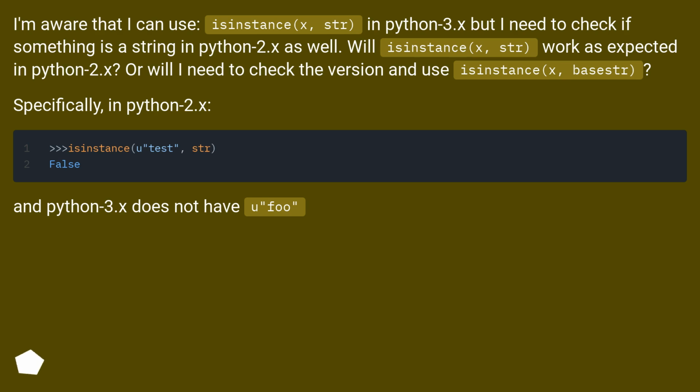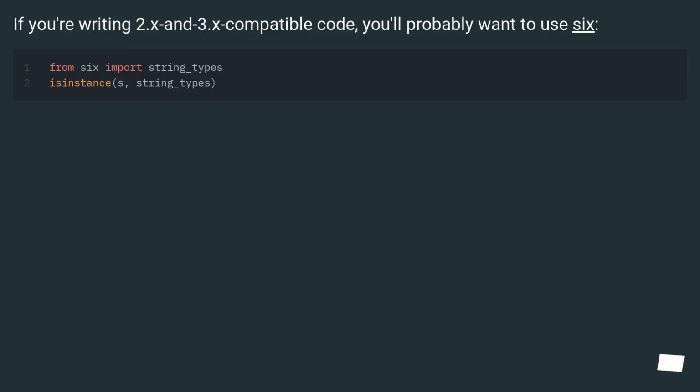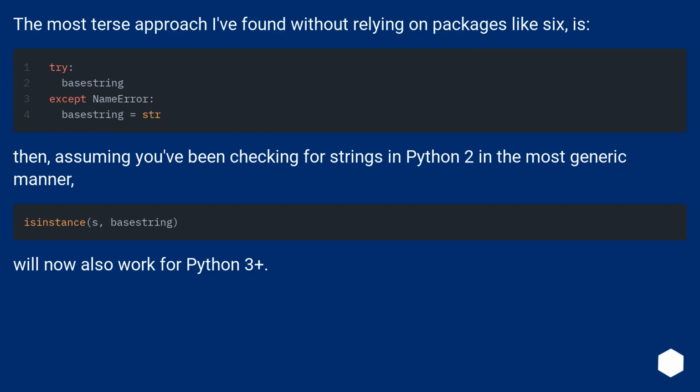And Python 3.x does not have unicode. If you're writing 2.x and 3.x compatible code, you'll probably want to use six. The most terse approach I've found without relying on packages like six is: